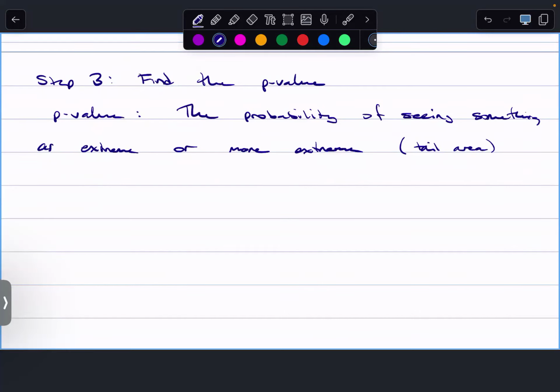As extreme or more extreme than what we saw in our sample, assuming the null hypothesis is true. The null hypothesis says, here's my center P naught, but then we find evidence against it potentially. So in our sample, assuming H naught is true,